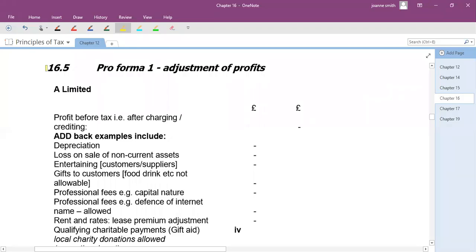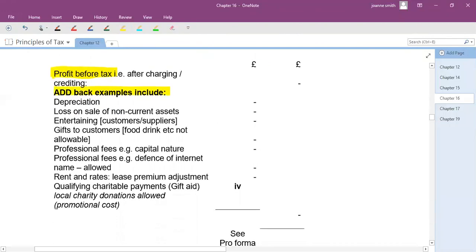So what we've got now is a reminder of how to calculate that adjusted profit. With a company, your financial statements will be a little bit more complicated than a sole trader, because sole traders just simply say sales less expenses and you get a profit at the end, whereas a company, as you've seen in financial reporting, has more detail in there. So the profit that you're picking up is the profit before tax, the final profit at the bottom of the statement. And then you will add back your disallowable expenses, and there's a summary here of the key things that